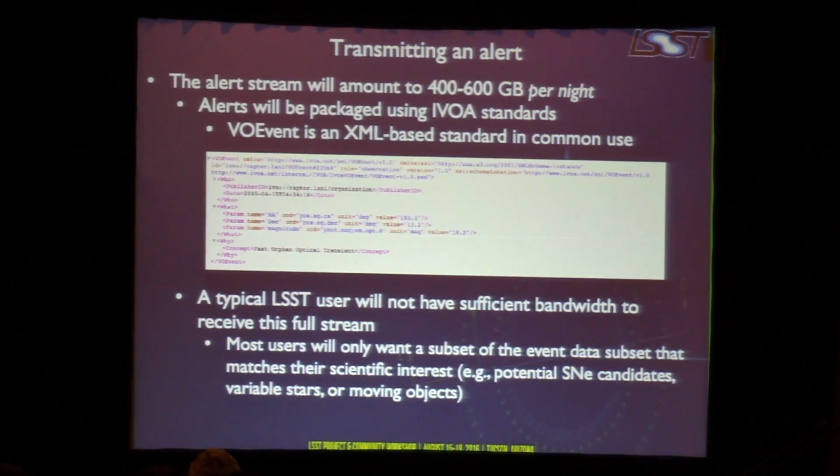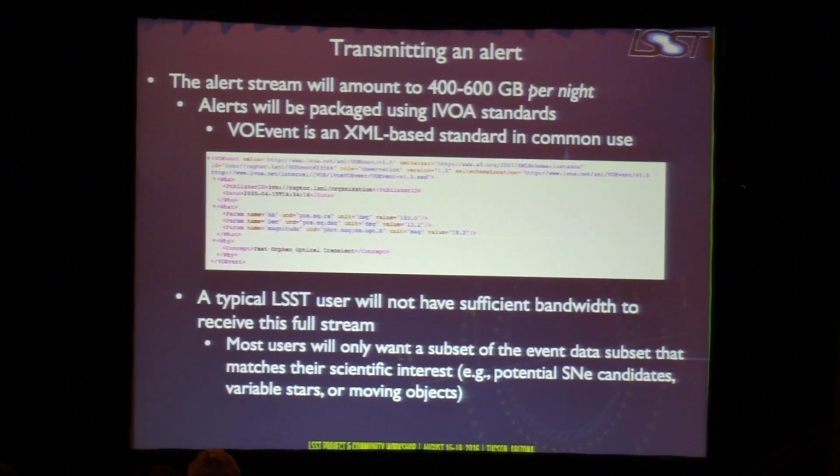If you put that together in terms of the data that we're producing, and also the 10 million events per night, this means that we're generating between about 400 and 600 gigabytes of data for a full alert stream. The data themselves get packaged up in VOEvents. VOEvent is a standard protocol for announcing alerts to the community. It's an XML-based standard, and because it's XML and textual, this means that it's not a particularly compact